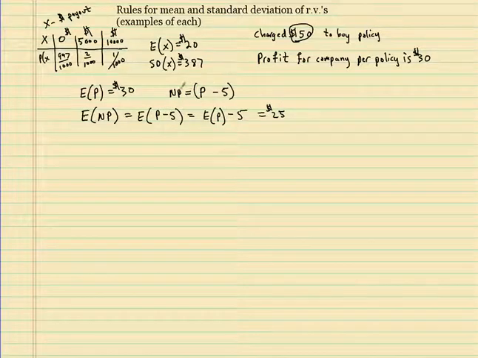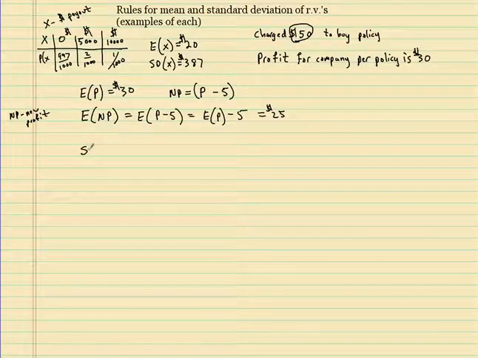So I just showed you how to use that formula. I'm just naming these things, and it is good to get good at this notation. I'll write here new profit in case you don't know what I'm doing. But how about the standard deviation? Well, first of all, we don't work with standard deviations, right? We work with variance. So the variance of the new profit,